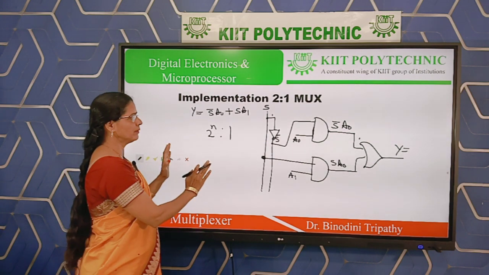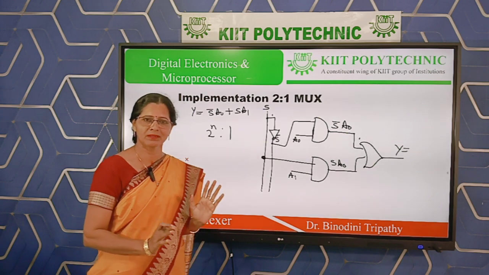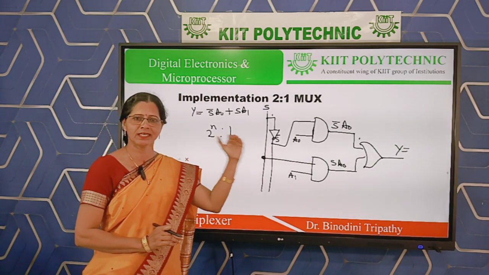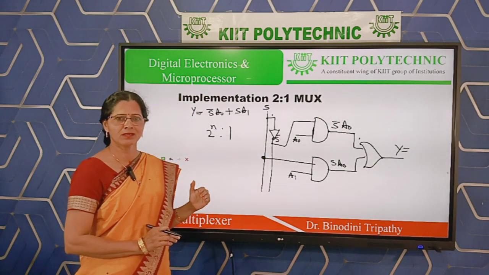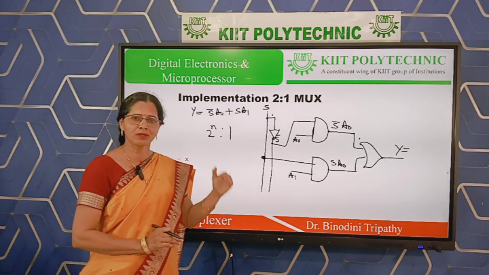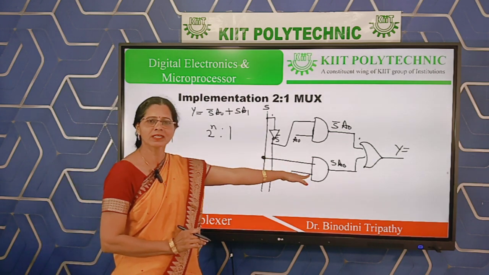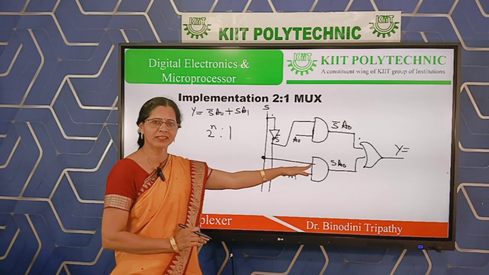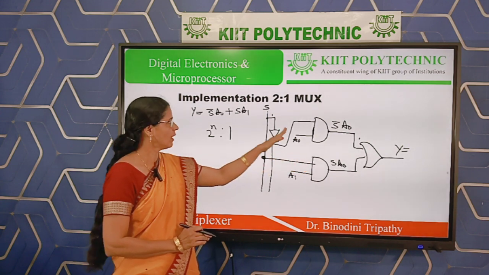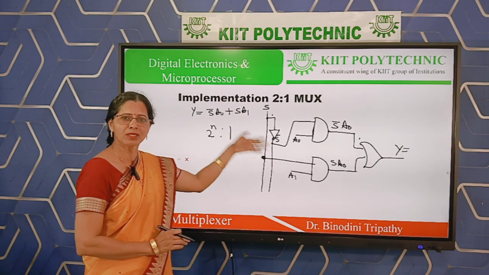If you remember the fundamental 2:1 mux implementation, you don't need to remember the others. You only have to follow the process. First write the definition and the designation of the different inputs and outputs. Then start your truth table. From the truth table you write the Boolean expression. From the Boolean expression you directly implement the circuit, because we already practiced in the earlier chapter how to implement different logic circuits from a Boolean expression.